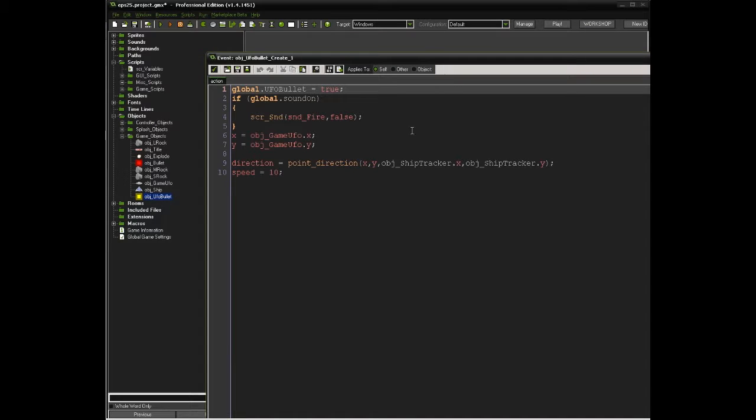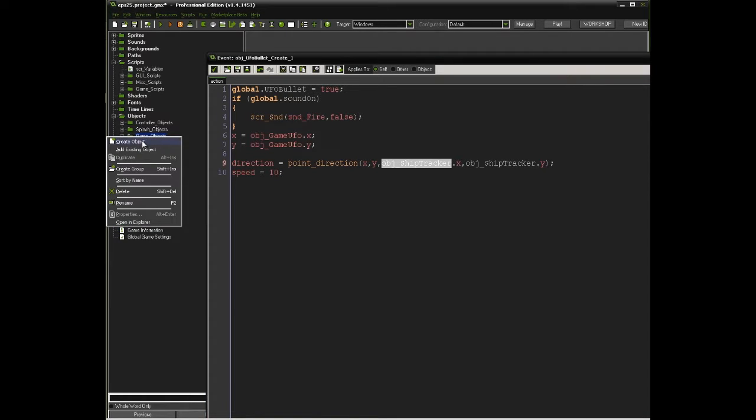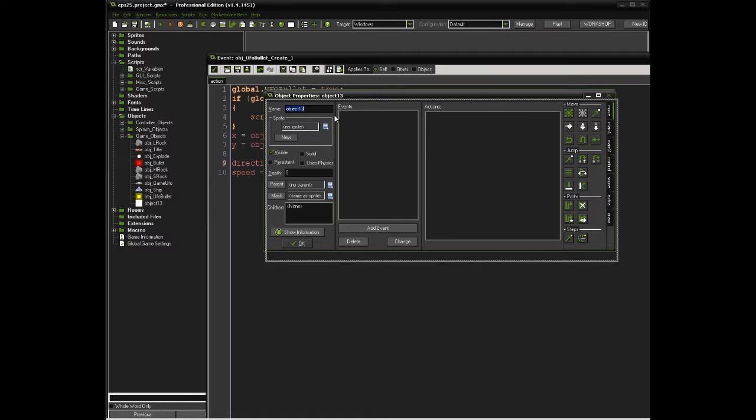Because when the UFO shoots at you, it's going to try and hit your ship. But if your ship doesn't exist and you have this line of code searching for the ship, if it says point direction equals point direction ship, if I had done ship and your ship had already been destroyed, it's going to cause an error. So let's go ahead and create an object